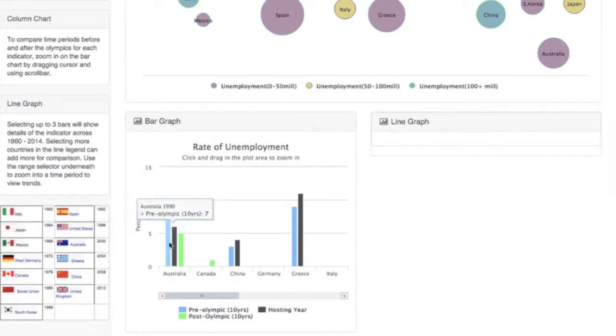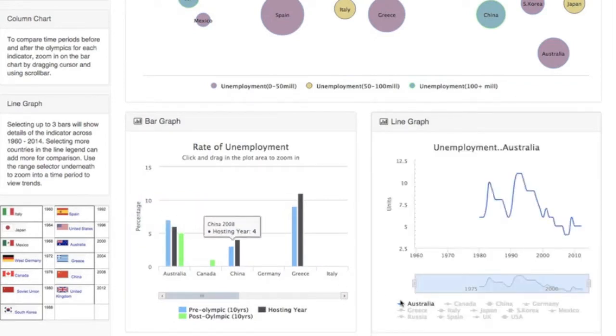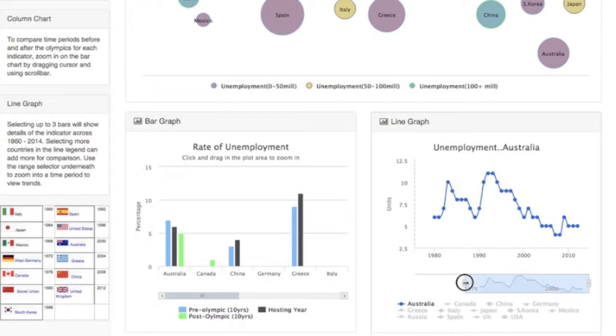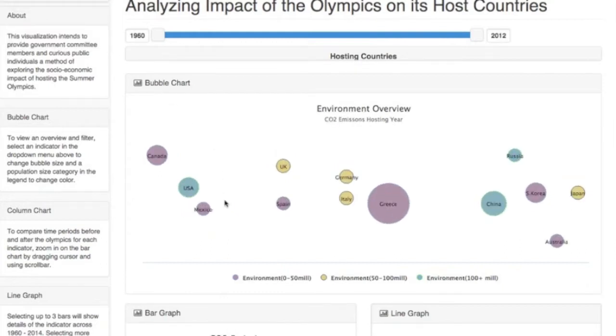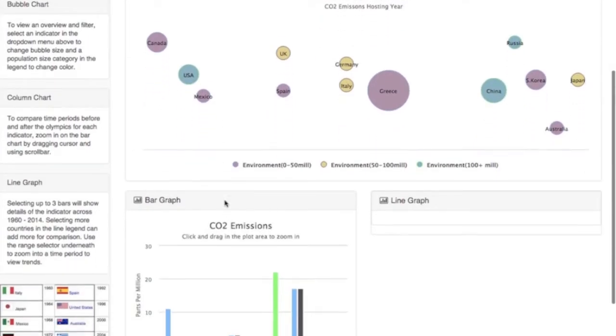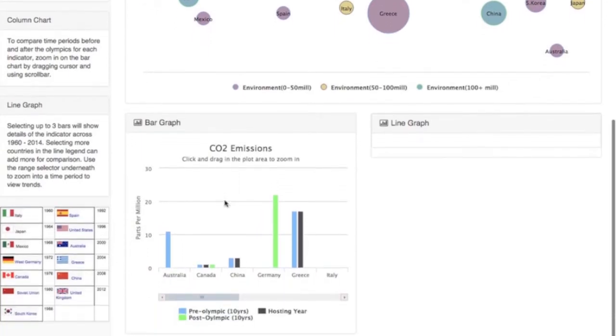Looking at Australia's unemployment data showed a steady decrease in unemployment. We then dive deeper into the data and we can see that there are some local peaks and valleys. One of these valleys occurred in 2000, which was the year when Australia hosted the Olympics. This could be a result of the increased need for short-term employment in order to support the Olympics. In 2001, the unemployment rate returned to the value it occupied in 1999. This is further